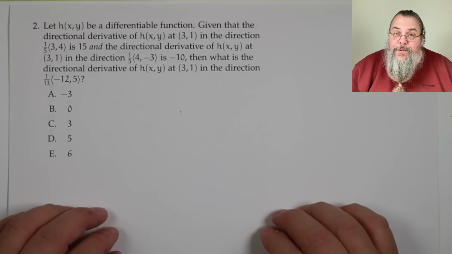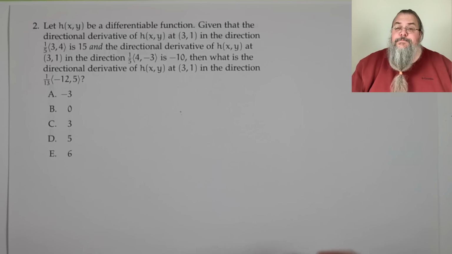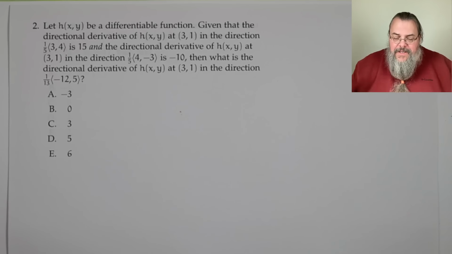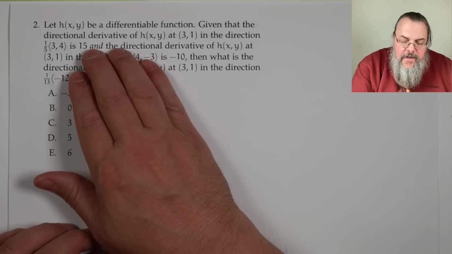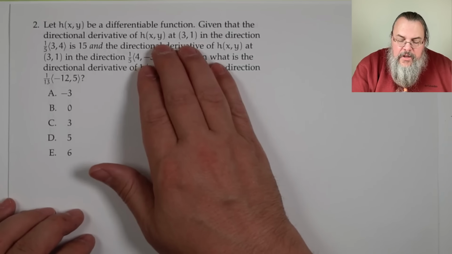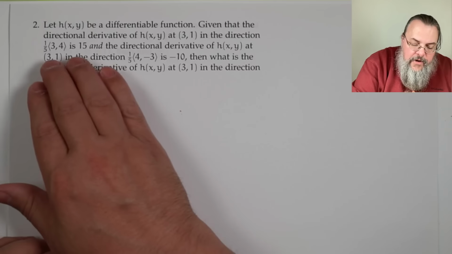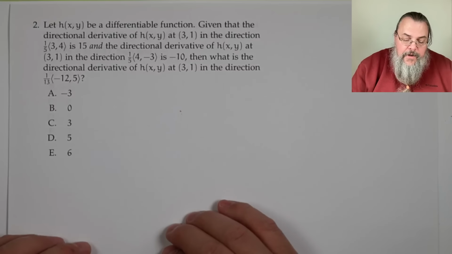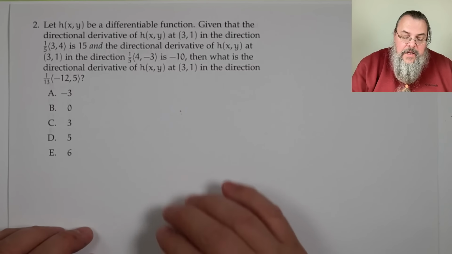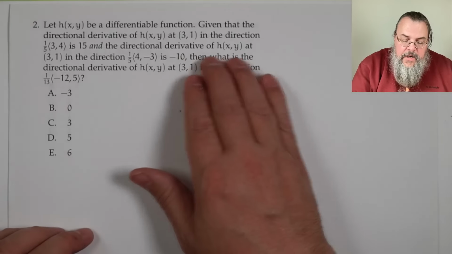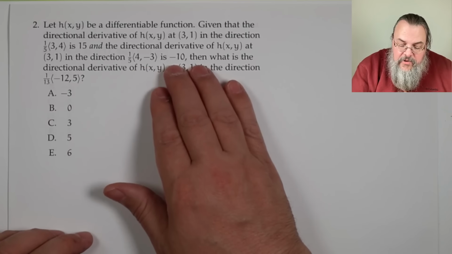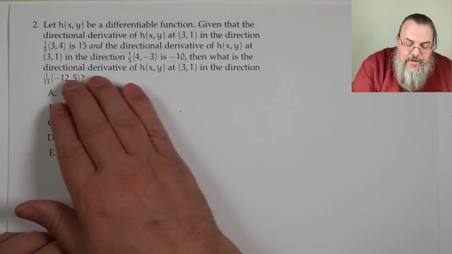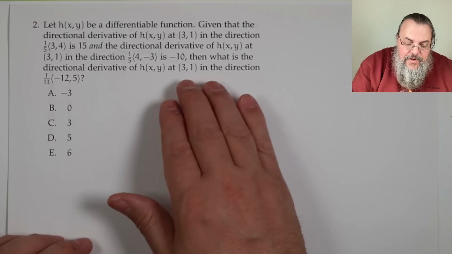Let h of x y be a differentiable function. This means we can take partial derivatives, and it's smooth. All right. Given that the directional derivative of h of x y at 3, 1 in the direction 1/5 of 3, 4 is 15, and the directional derivative of h of x y at 3, 1 in the direction 1/5 of 4, -3 is -10, then what is the directional derivative of h of x y at 3, 1 in the direction